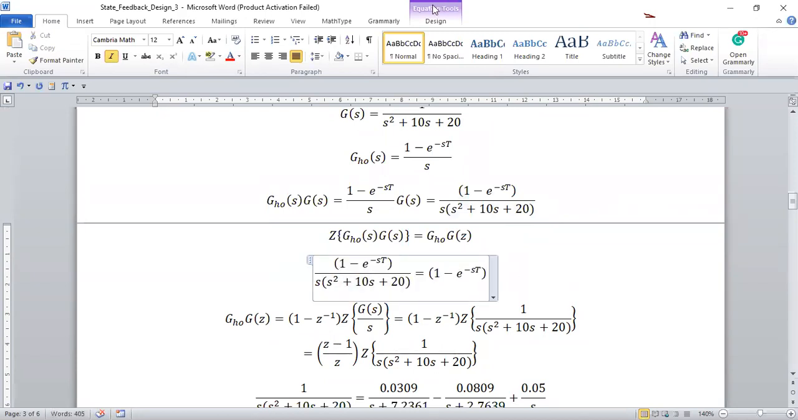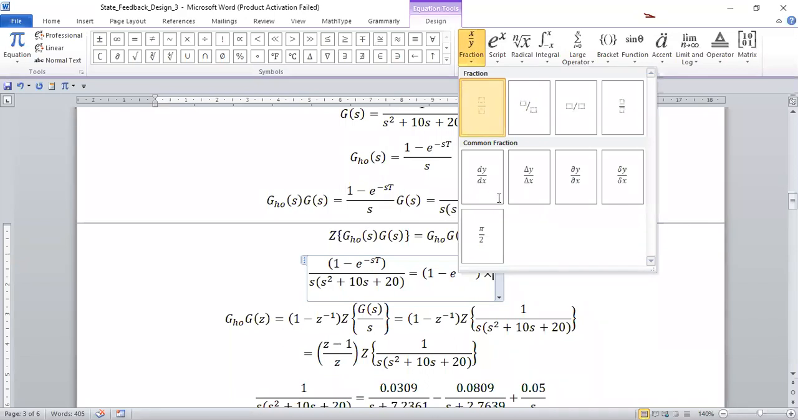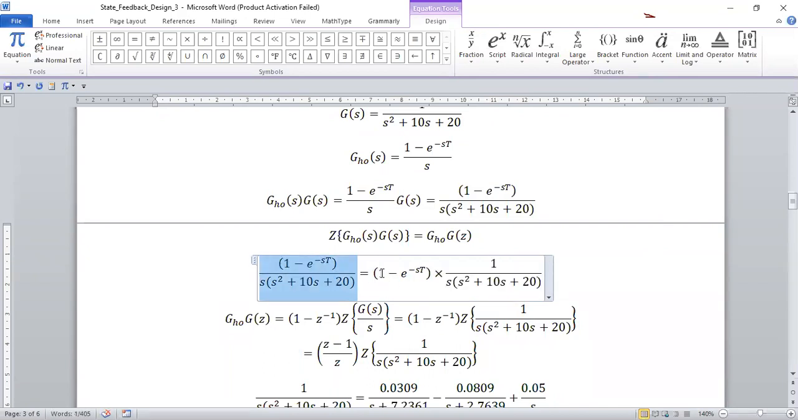Then multiplied by this expression here. So this is just breaking down this equation into two. So the Z transform of this